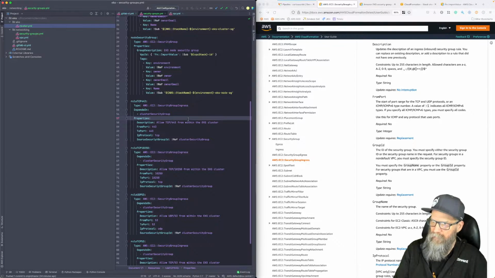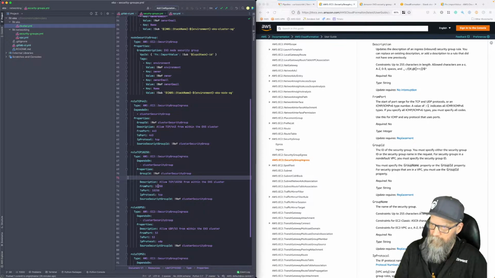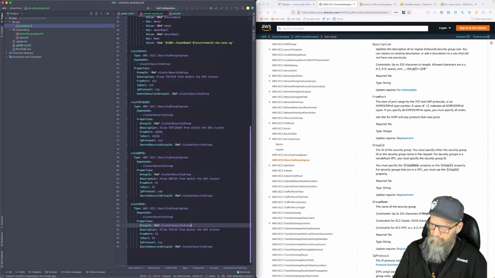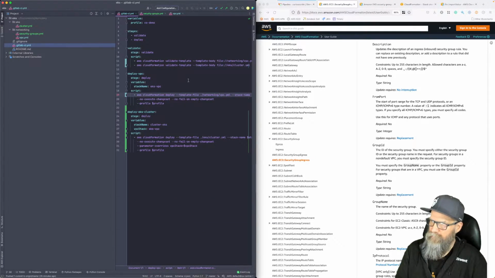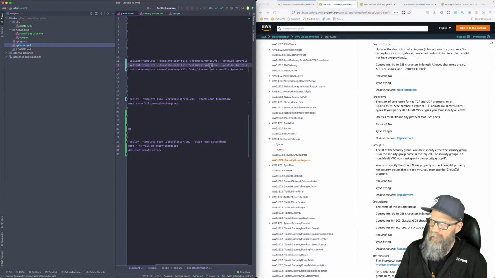So what we're going to do is put that right here, and we'll say ref cluster security group. Okay, let's see if that works. I don't know, it's been a long time since I've created it like this. And I'm going to leave this in here. Well, we'll check actually. I'm interested to see what the validation does on that file since it has so many